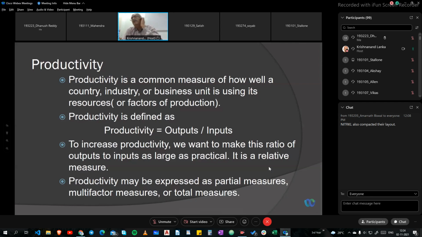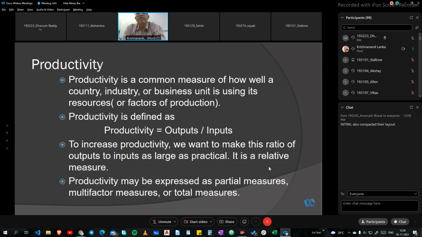Say, for example, how well a mobile company is doing. For example, you want to compare Geo and Airtel. Normally one indicator can be ARPM. ARPM means average revenue per month for each customer. So people use various ways.